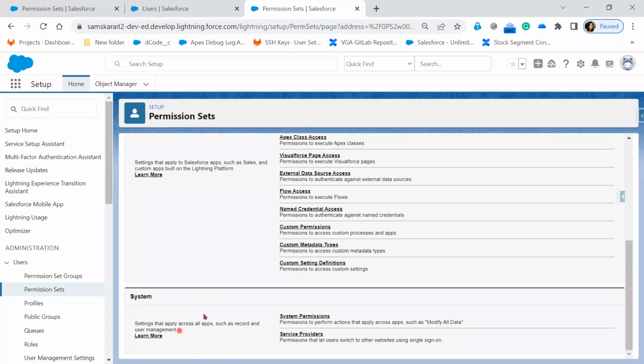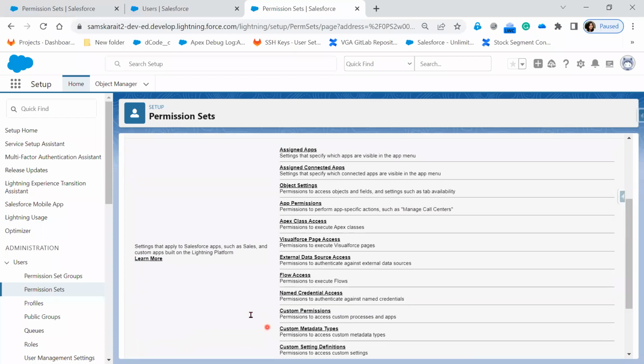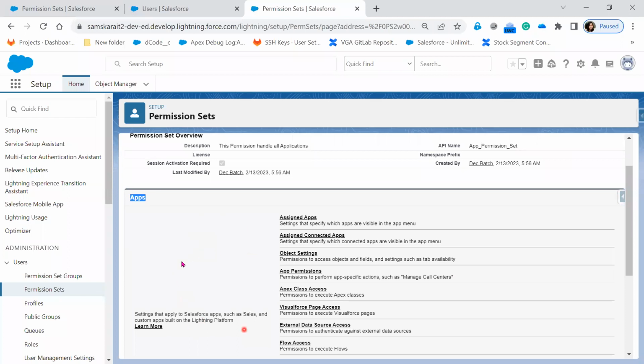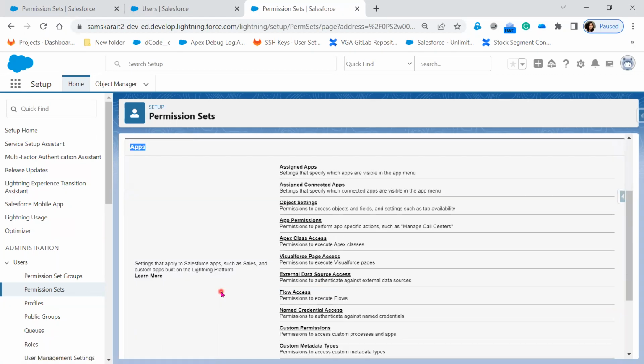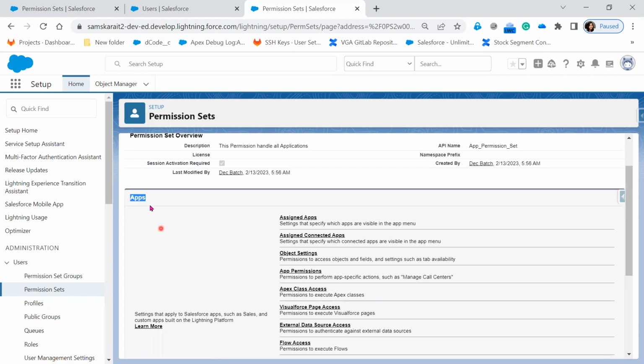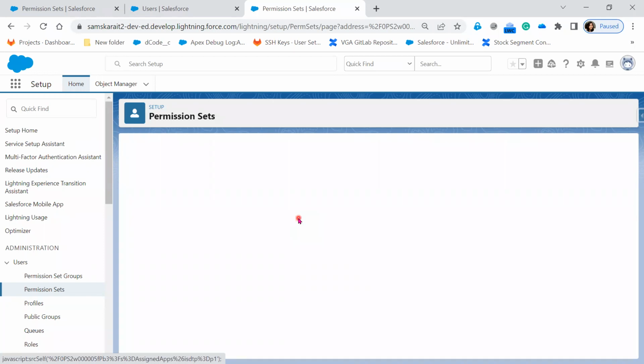So this one is all system related permission. This one is all related to what user is able to access on the apps, object, fields, Apex classes, Visualforce, data flows, Lightning flows, all this custom permission, everything we can handle in the apps. So right now, the requirement is they wanted to see all the